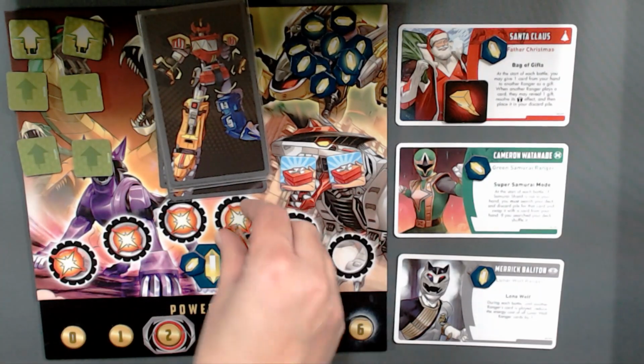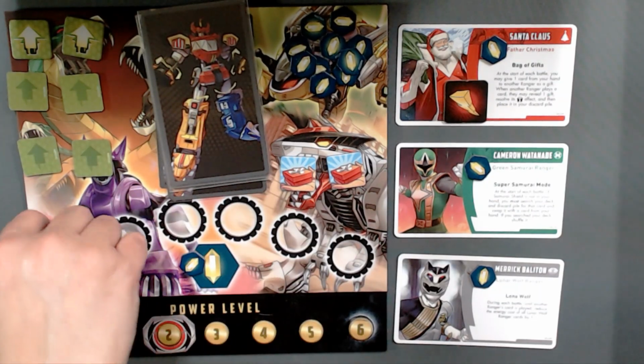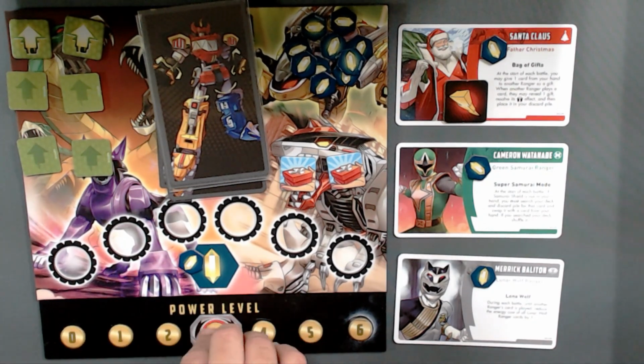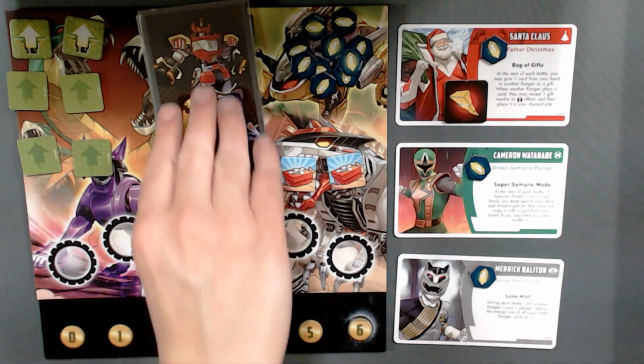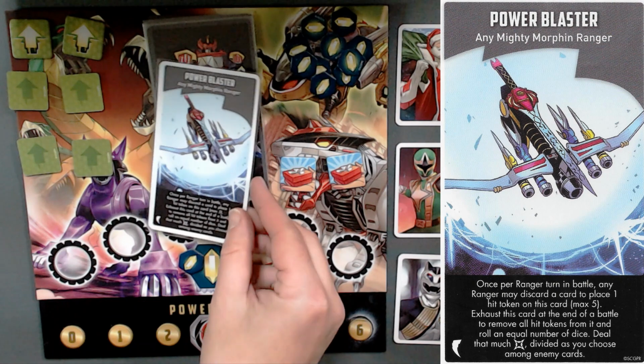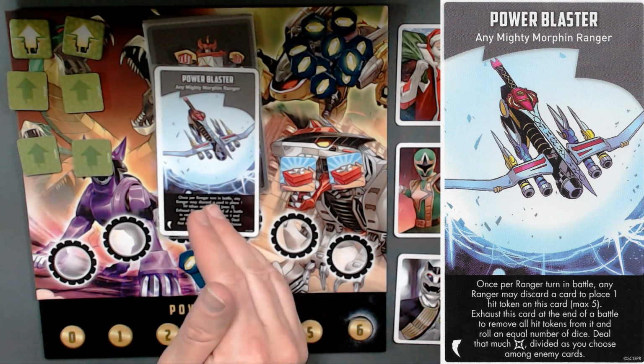Now, this also levels us up. So we are actually on level 3 now, which is great. And we get to see who we get next. It is Pushka! Oh, the Power Blaster. Again, we're in Mighty Morphin time, so it's not a Zord, but it counts as a Zord because that's how